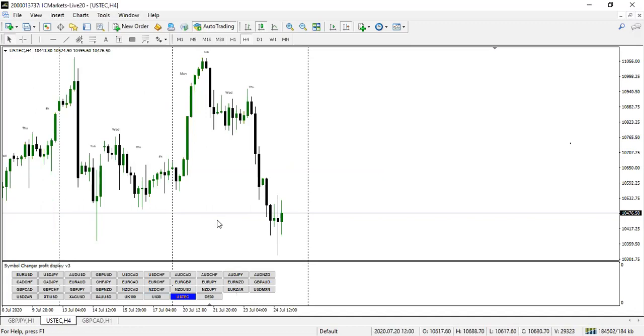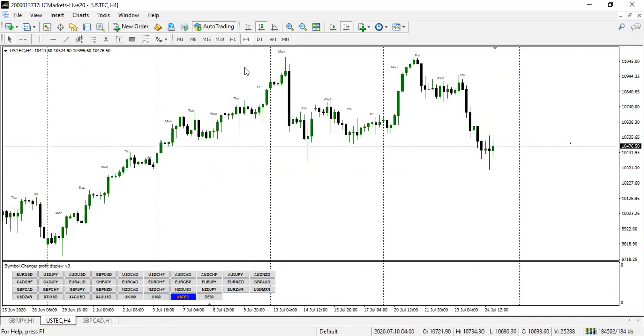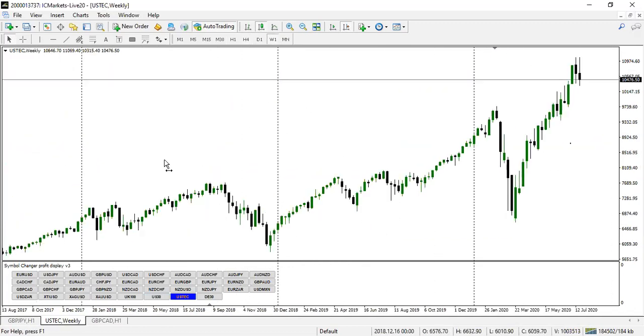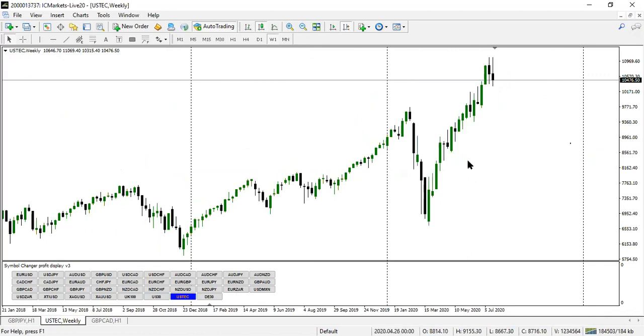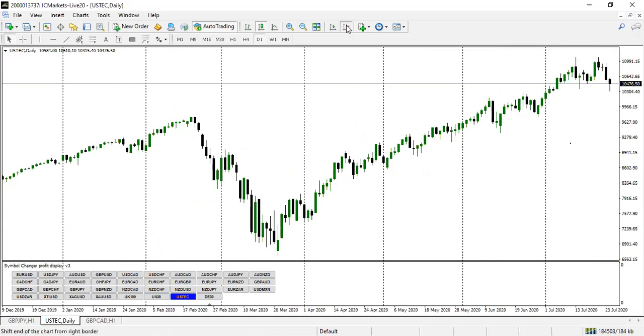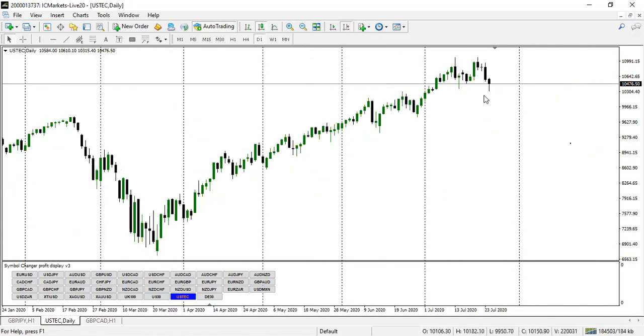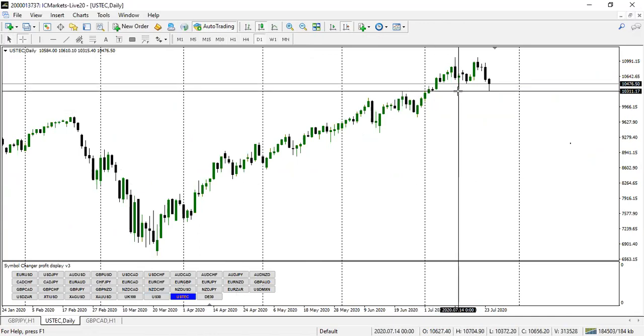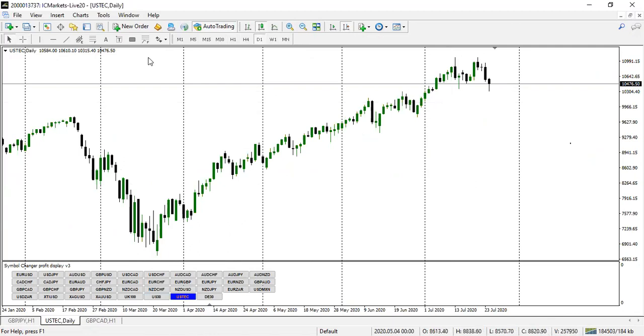Then lastly, let me just talk about this one also. Looking at the weekly time frame, you can see that this has actually been trending, though not a good trend to me. This one also is really struggling. So with that, we can see this particular candle on the daily time frame. This can actually serve as a rejection zone for us.